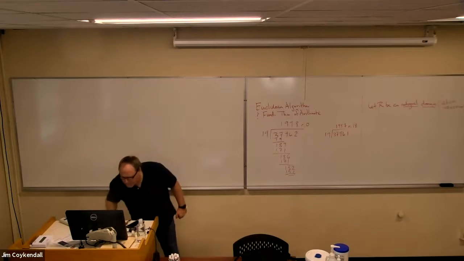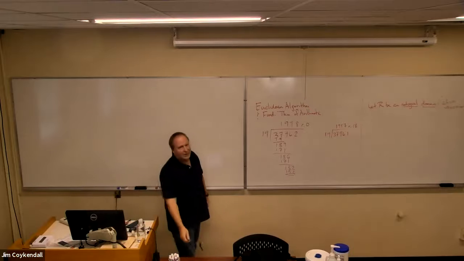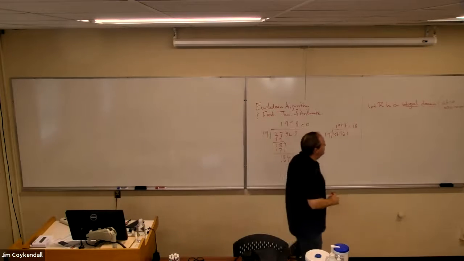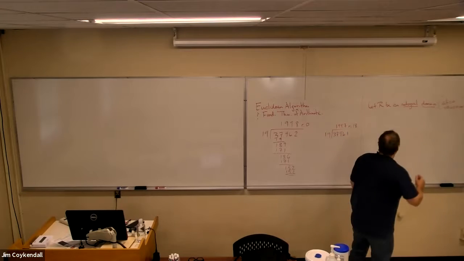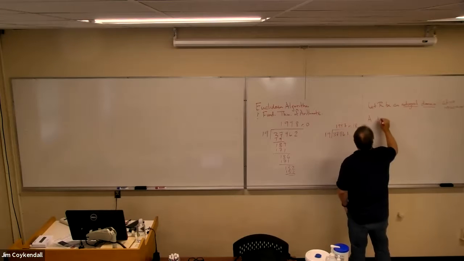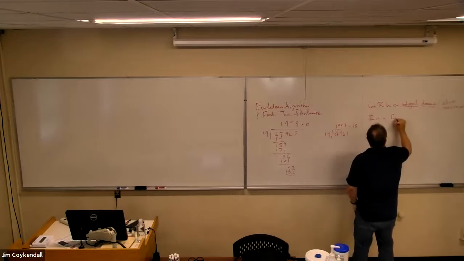And if you think that that's never possible, well, just think about matrices. It can certainly happen there. So, well, I'll put it this way, R is a Euclidean domain